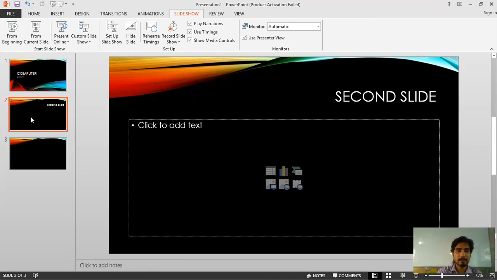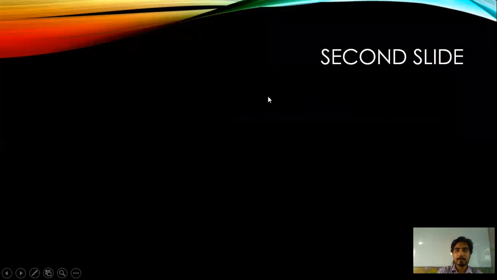I've selected slide number 2. Click on from current slide, and now you can see that the slideshow has started from the second slide only. So these are the different views through which you can change the way the slides appear on your screen.